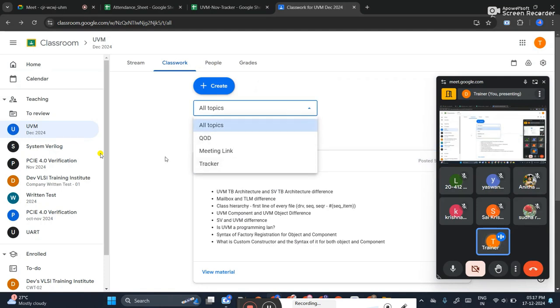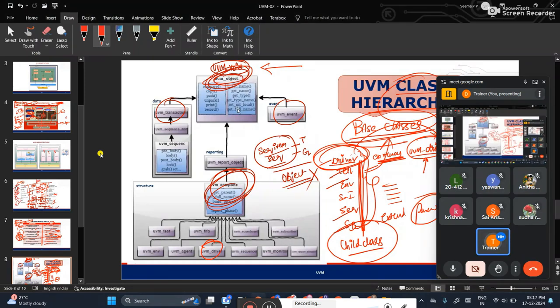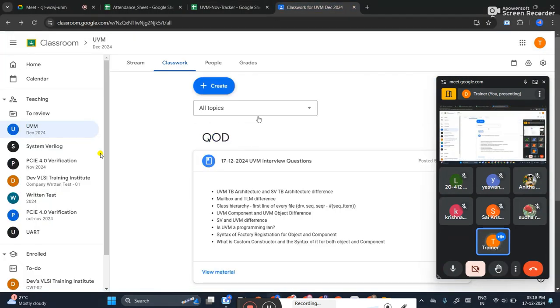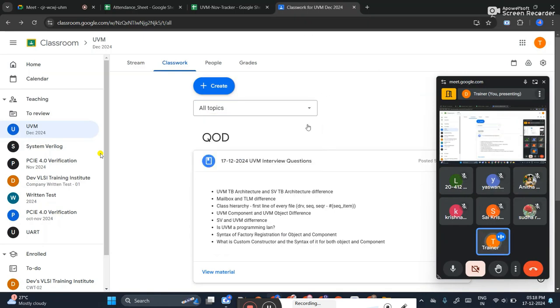Okay, and from tomorrow onwards, the next topic is sequence item, that is transaction. In the transaction I just showed now that we have the inbuilt methods. How to use all these inbuilt methods, tomorrow with the help of a lab I will explain. After completing the lab, that lab also I will provide here. You can download that lab. Again, you also can do the simulation. So like this the sessions go on.